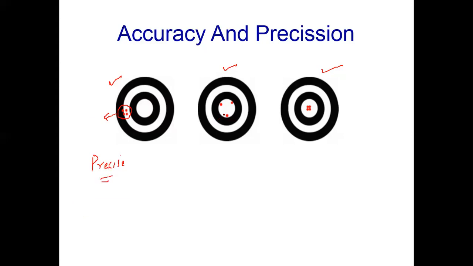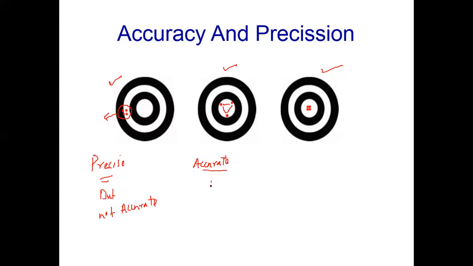Second person hits the central area. It means accurate area, correct location. But you can see the difference between the data. The distance between these data is very large, so we can say that the working of the second person is accurate, but not precise because the data are not close to each other. The first one is precise, but not an accurate result.